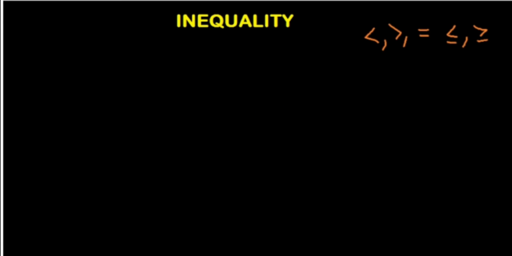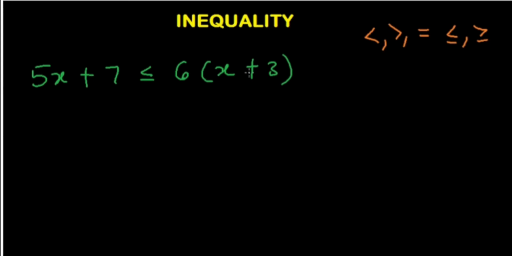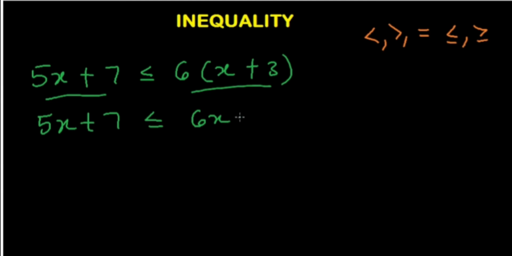Suppose I have to solve something like this: 5x plus 7 is less or equal to 6 into the bracket of x plus 3. Now the first one we did, we had just our x in one position, but in this case we have our x in two places. We have x on this side and we have x on this side. So first of all, we need to open the brackets to get 5x plus 7 less or equals to 6x